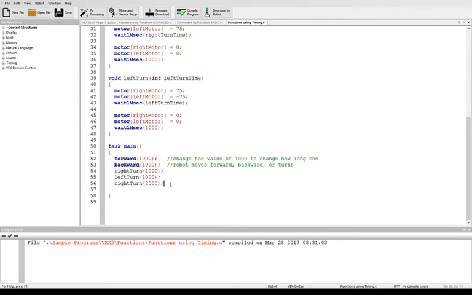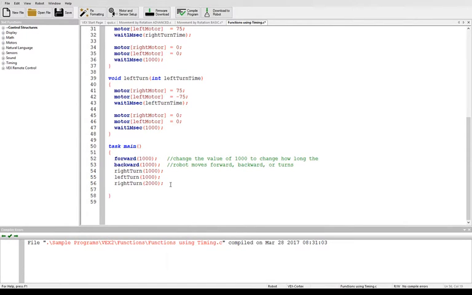Okay? You would have a really complex code, and your code would get longer and longer and longer, and eventually it will get so long that when you go back to check and see when things are starting to mess up, it'll be hard to do because you can't go back and easily find it. This way, all you have to go back and do is look at how many times you went forward, backwards,